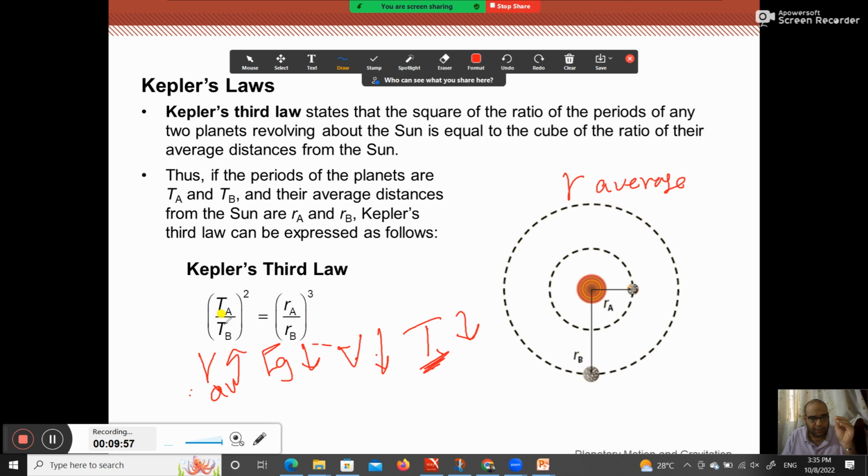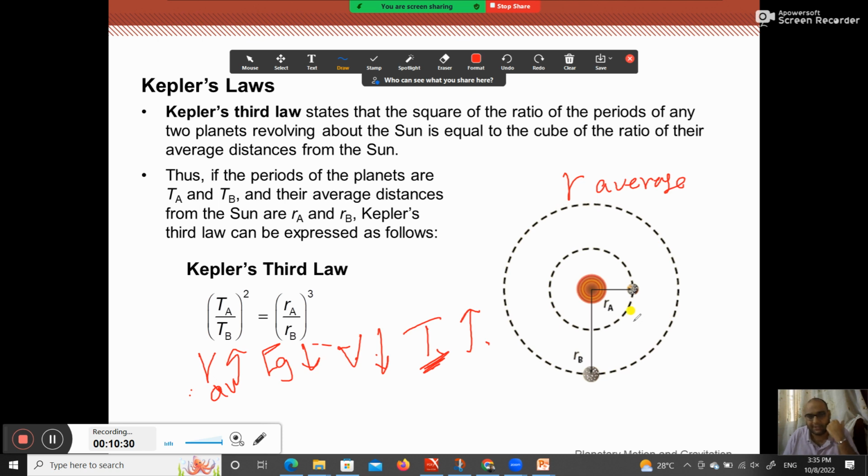هو الريليشن ما بين الـ r والتايم direct relation ولا inverse relation؟ انا اسف، هو هنا التايم increase لان it's going to take longer time مش decrease. Time going to increase لان it's going to take a longer time to cover the path or the orbital path. حلو قوي. طيب as the radius increases, the time is going to increase